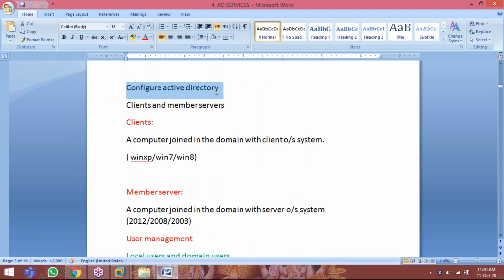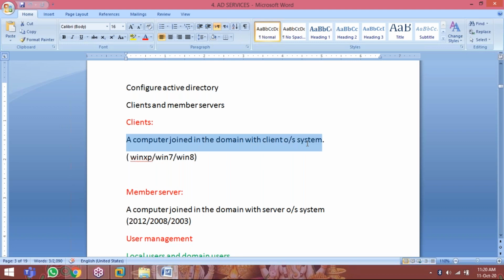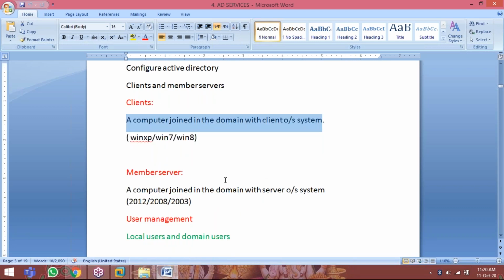After configuration of Active Directory, you can add a client computer to the domain, which is nothing but a domain client. A computer joined to the domain with a client OS is a domain client. What is a member server? They will ask this question. A computer joined to the domain with a server OS. So we have client OS and server OS.